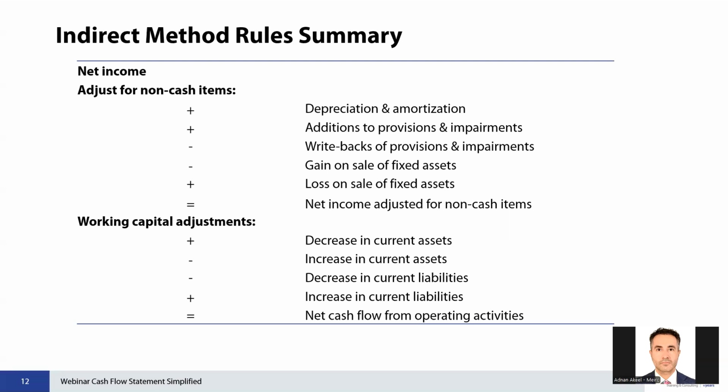And on the other side of the balance sheet, an increase in current liabilities is an increase in cash, and a decrease in current liabilities is a reduction in cash. Once we apply all these adjustments, we get into our final number, that is the net cash flow from our operating activities. Now, let's go into our practical example to apply